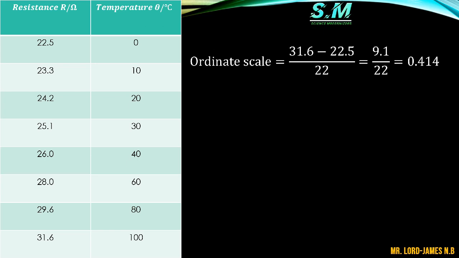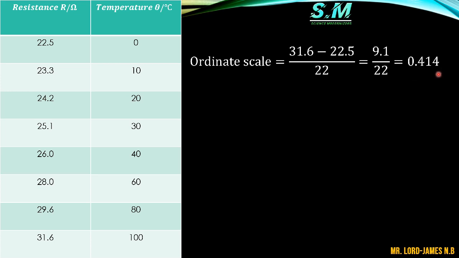So the ordinate range now, or the ordinate scale in general, is simply going to be the ordinate range divided by 22 if we are using a graph paper which contains 22 boxes, and it is simply obtained by taking the biggest value minus the smallest value. So you see that the biggest value here is 31.6 minus 22.5. That's actually the range divided by the number of boxes, and in this case we shall use 22, and you see that this ratio gives us